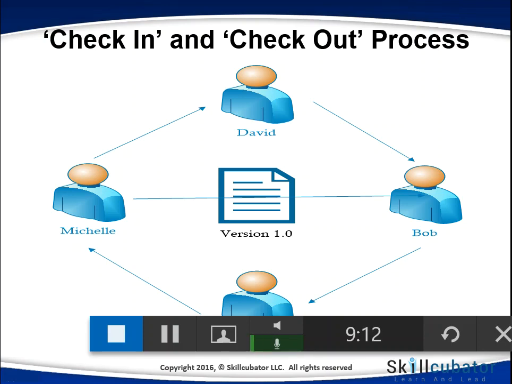Because let's say that if Michelle updates a document, she has to make sure that David, Bob, and Kent, they have the latest version of the document. Either she has to send an email with the attachment, or has to make sure that everybody knows that she has updated it, so that nobody takes the previous version and starts using, because that previous version is out of sync now. So obviously this process is not the best one, especially when you have like 10-15 members on a team. You don't want to have these documents floating around in emails and confusing people which one is the latest and the greatest version,